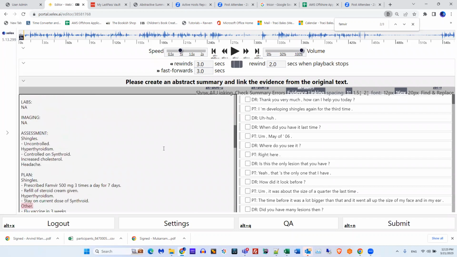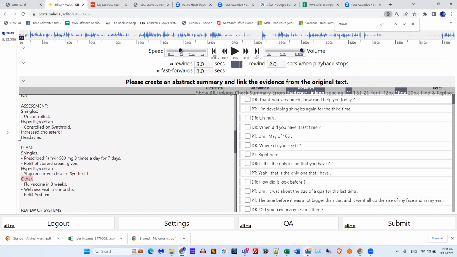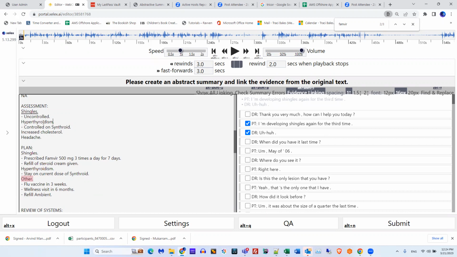Okay. Another thing to point out. Your items under plan, your conditions under plan have to be in assessment. So essentially what we're saying is you can't have a plan item without it being an assessment, with the exception of other.